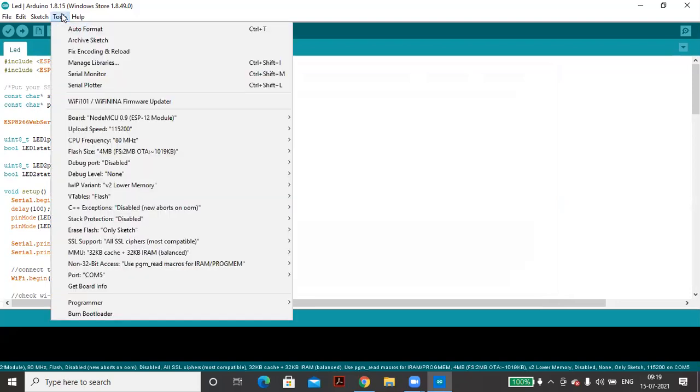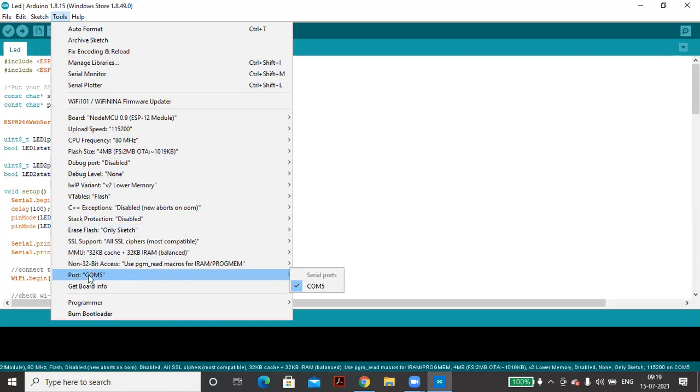So first of all, two things you have to mark: the selection of the board, and whether your port is showing or not, from where we will dump our program into the board. This is very necessary. If this does not work, your program is not going to dump.